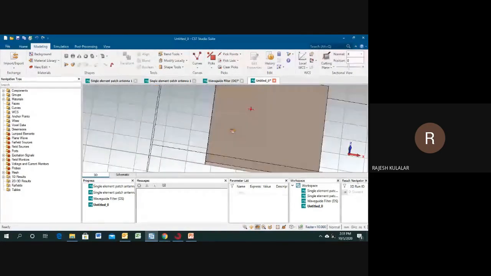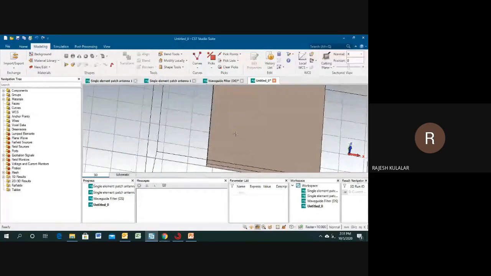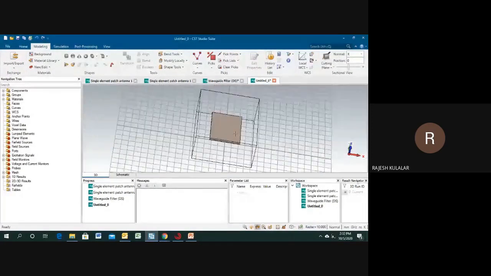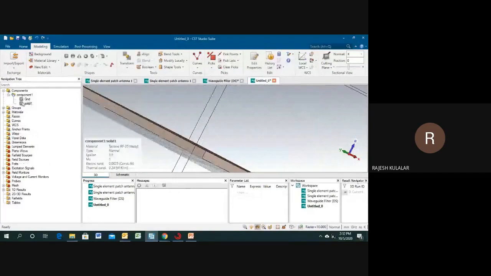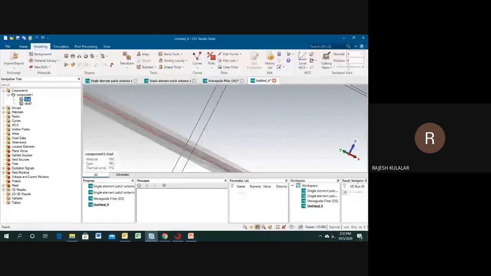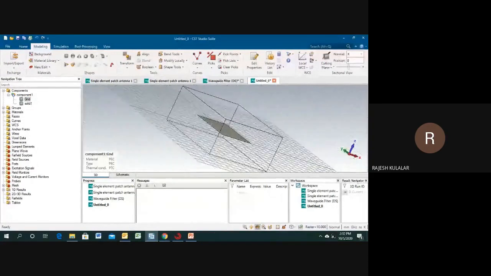Yeah, so you can see here this one is a substrate layer and this one is a ground. You can see the components are defined in this navigation tree. So this one is a ground, and this one is a substrate.